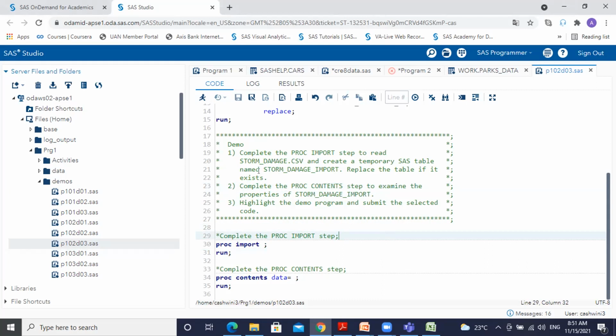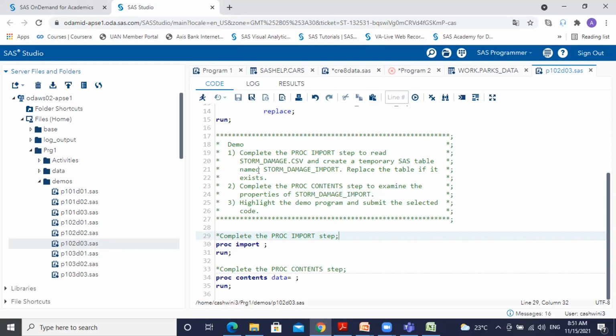PROC IMPORT DATAFILE in CSV, DBMS CSV, OUT CSV. And after OUT, I have to write REPLACE. After REPLACE, for me it's the first time, so I have to think.